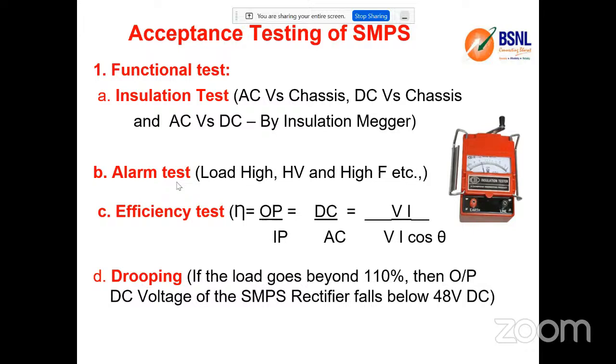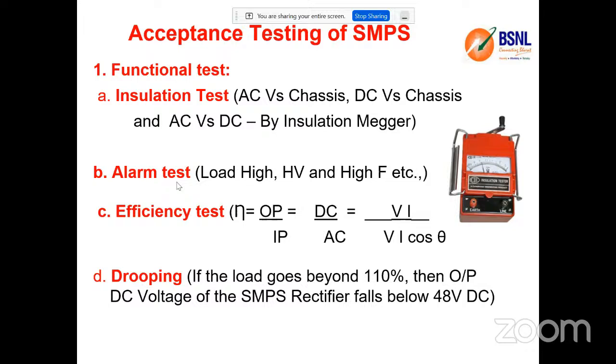There is one critical alarm in our SMPS power plant: mains on battery discharge. Normally we expect that once the mains supply is available, it should be used for charging the battery, so the battery should not discharge. But in some critical situations or due to false conditions, even though the mains are available, the battery starts discharging. Nobody is able to identify that the battery is discharging, and only after the equipment fails do we come to know. So there are some critical alarms like mains on battery discharge.